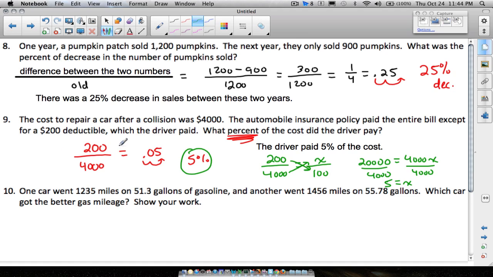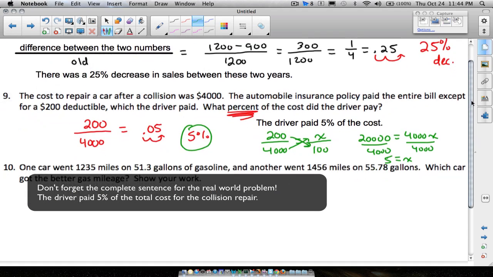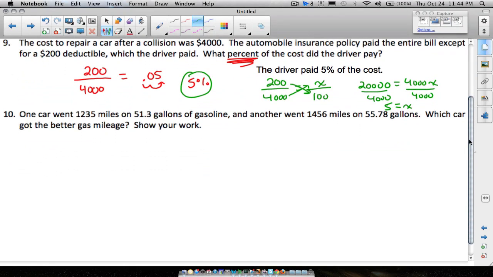I like the shortcut, y'all. I don't know about you. Just take the price you paid out of how much it cost, and you're going to find what percent you paid of that car repair, so to speak. I keep saying you and we, but this is some driver. But maybe we've been in this position before. Maybe you've had a car wreck and had to pay a deductible. If it costs $4 grand to fix the car, but you only paid $200, you only paid 5% of that total cost. Thank you, car insurance, I guess.